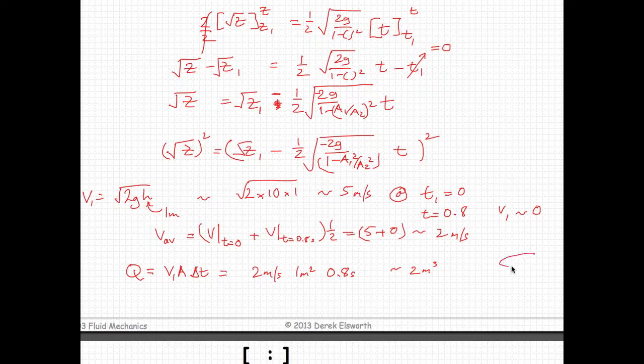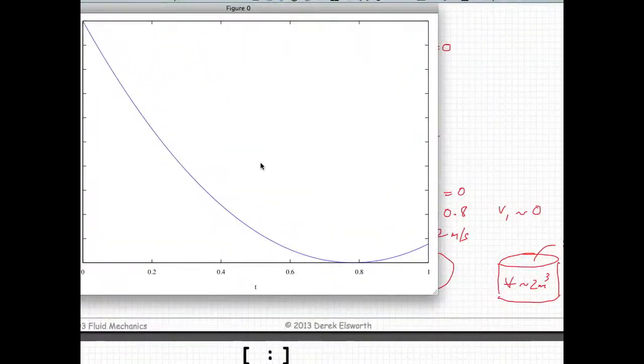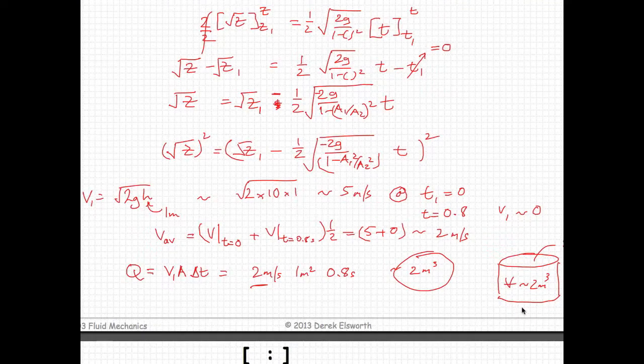And so if you think about the volume of the tank that empties, the area here is 2 meters squared, the height here is 1 meter. And so the volume is not approximately but exactly 2 cubic meters. And so this jives with the magnitude of the average values to some degree. What we're doing in that particular case is taking the flow rate velocity at this point and looking at the average. So this gives you a reasonable way of figuring out the time taken